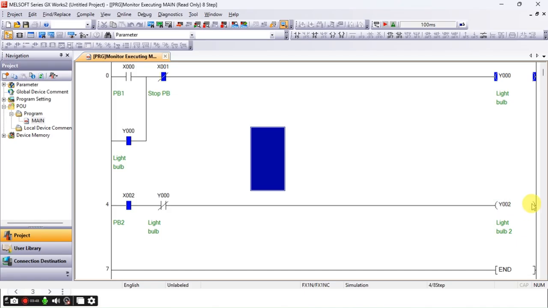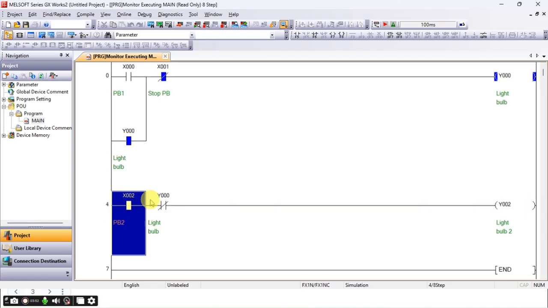So we have an open contact here, that's why we cannot turn on light bulb 2 even if we press push button 2. This is just a basic example of latching and interlock, but I am still not using the memory bits function.